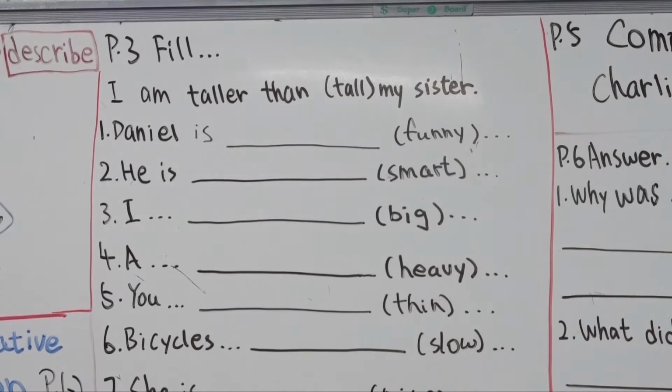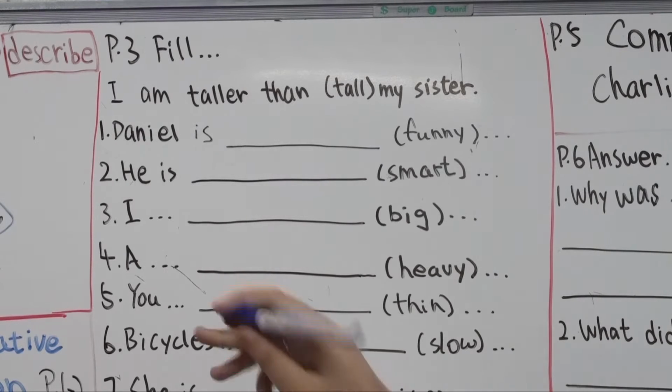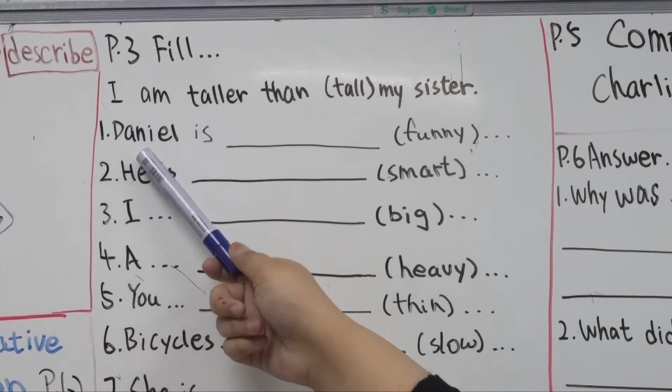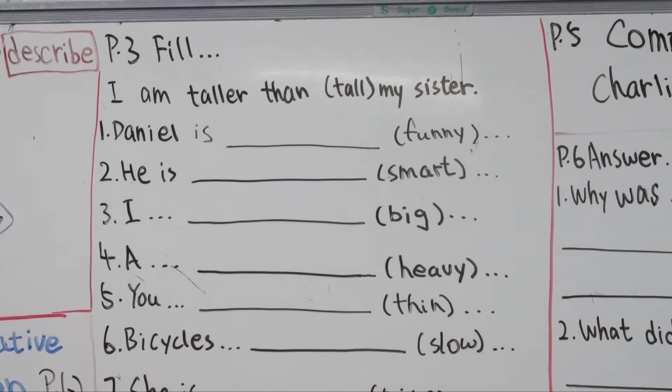Alright, next one. Daniel, let's read. Daniel is space, and then funny, me. So here they're comparing two things, right? The first one was comparing I and my sister, right? The next one is comparing Daniel and me. The adjective given is funny. So how do we change it? We use